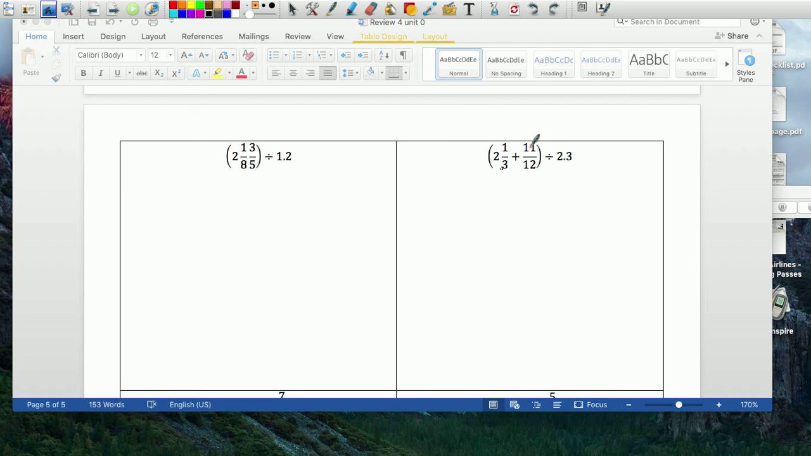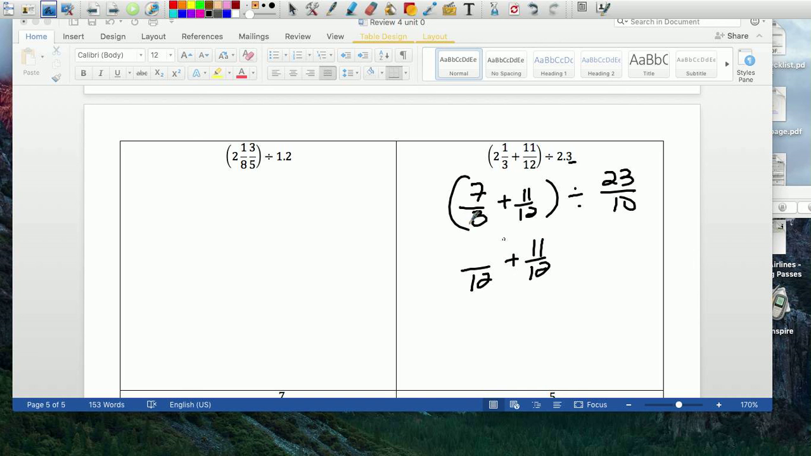So let's add this. 3 times 2 is 6 plus 1, so you've got 7 over 3 plus 11 over 12, divided by 2.3 or 23 over 10, right? Because the 3 is in the tens place and we write 23 on top. Let's take care of these two things first. The LCM is 12, right? So 11 over 12 already has 12 as a denominator, so the 3 became a 12 by times 4. So the top times 4, 7 times 4 is 28,